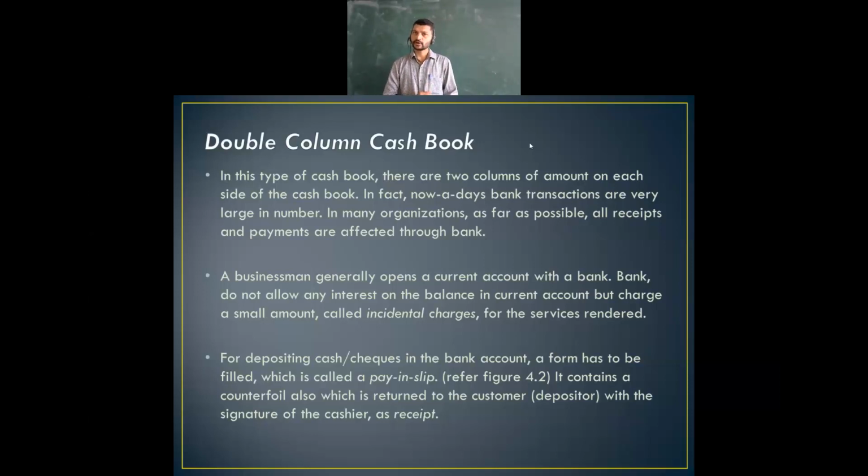In that single column cash book we have discussed, and the next part comes to the double column cash book. These were completed, and we will just have a highlight of this concept over here. See, in fact, in the cash book there are two columns of the amount. As you can see, one is the cash, and the other, in this double column cash book, is bank.